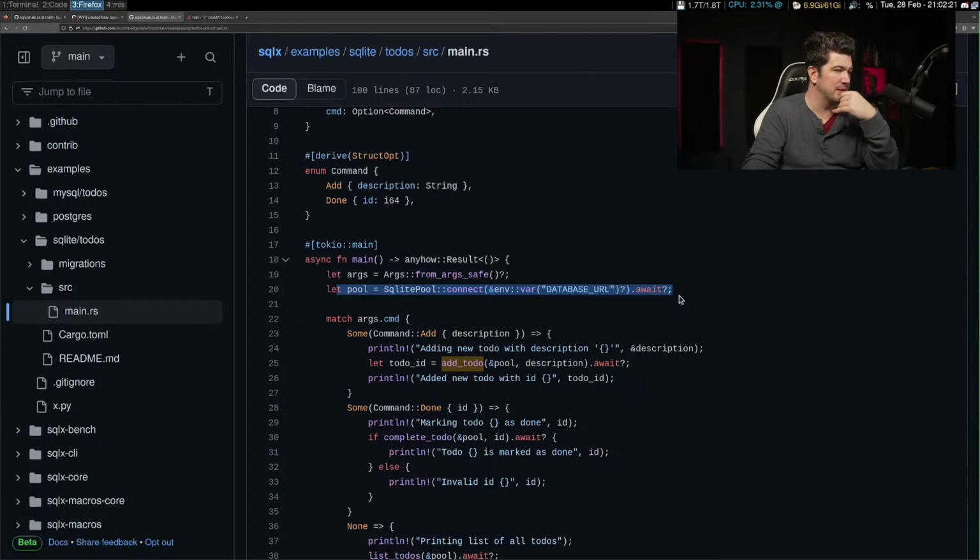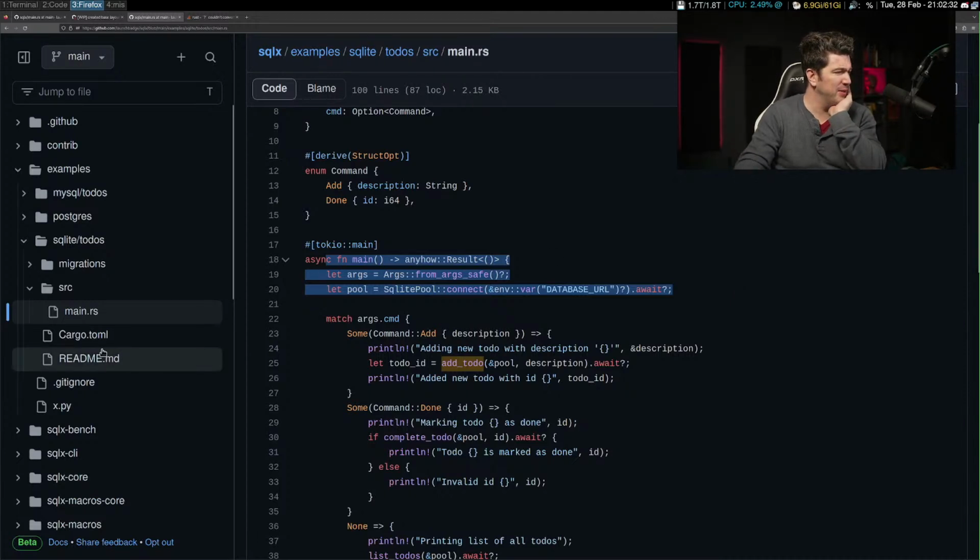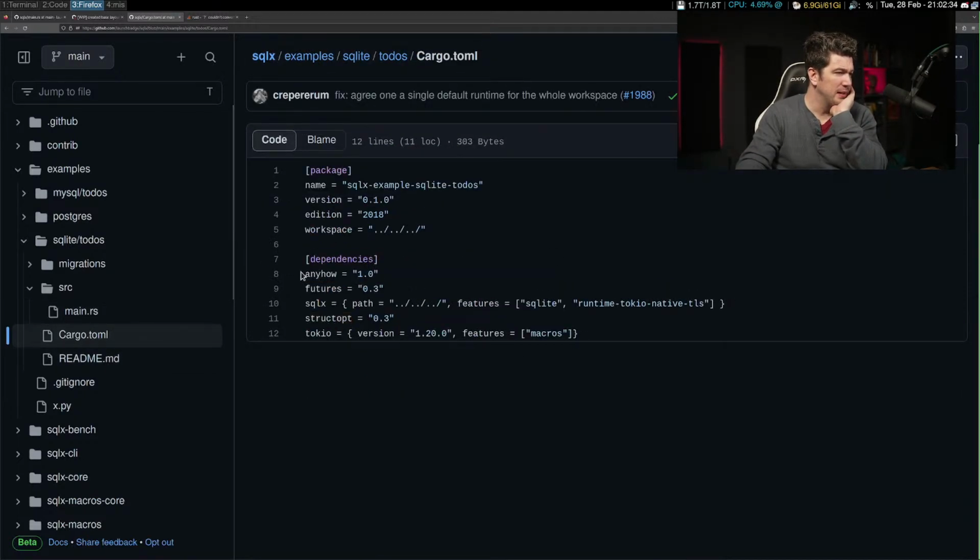What am I missing? This is what I thought was... I feel like I've done this quite a few times. I must be screwing something up. They don't have a different cargo import. They do anyhow just like that.